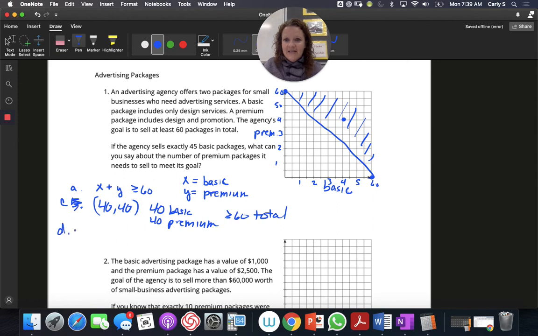And then D, if the agency sells exactly 45 basic packages, what can you say about the number of premium packages it needs to sell to meet its goals? So if we go 45,